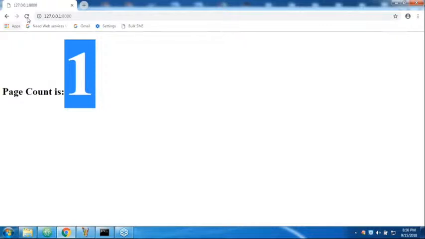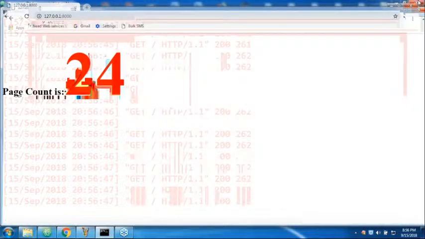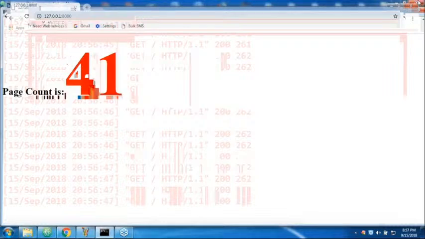Let me open the browser again. Until 3 minutes, the same count will be continued if it reflects. Are you getting it, whether the same count is continuing or not? Yes, this is nothing but a persistent cookie. Until 3 minutes, it will be there. Once the 3 minutes are completed,